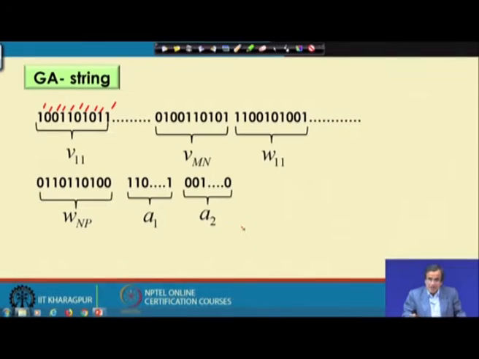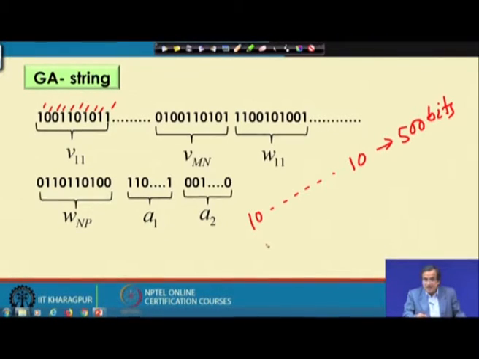This is one problem, but there is another very serious problem. Corresponding to a particular topology of the network, if I want to represent the topology as well as the design variables, let me take a very hypothetical example, might be I need binary codes. So, the length could be, say, 500; there are 500 bits for a particular solution, and these 500 bits are going to represent both the topology as well as the design variables.